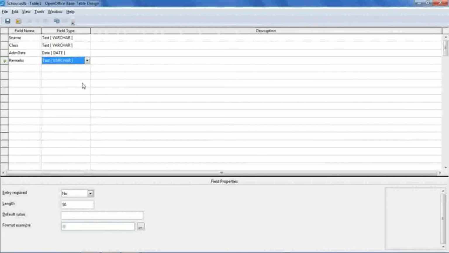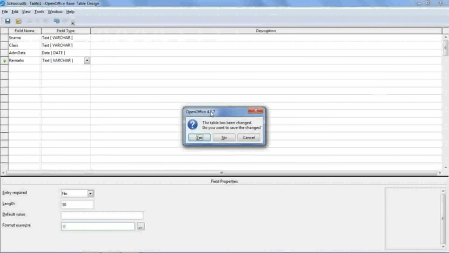So here I have created 4 main columns for my table. Now one more column is required, that is for the primary key, which I have explained in another video. You watch that video, you will find it in the I button or description link. What is a primary key and why we need a primary key, I have explained all of that. So when you close this, you have to leave one field, meaning the first top field should be the primary key, that should come over here. ID, okay, it will be assigned automatically and created by OpenOffice Base.